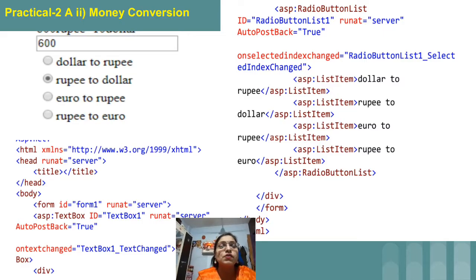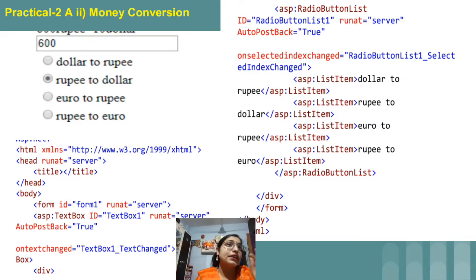Once you take the radio button list control from the toolbox, you will be having one arrow. Just click on that arrow, it's a kind of right click, and after clicking on it you will get options. In that you just have to add the list items whatever you want and simply click on OK. Once you open the software you will be able to do it on your own. Just see that arrow, click on the list item, add the items and click on the OK button. So all the items will be added to the list.